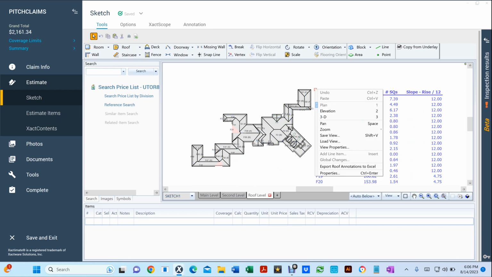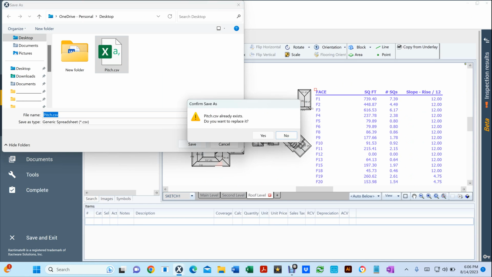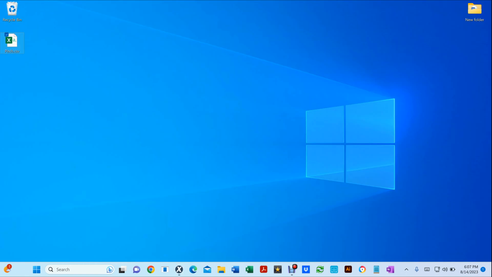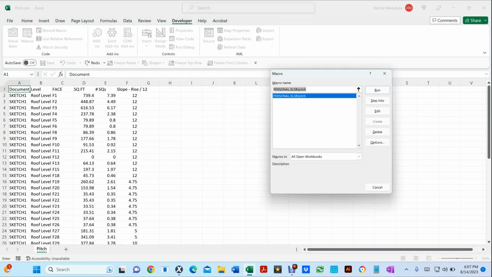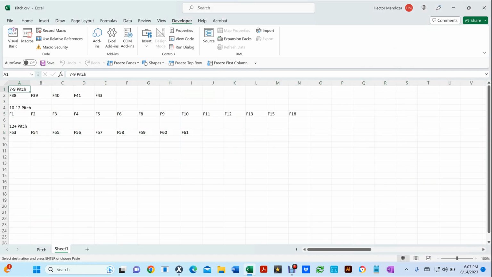I'm going to click here. I'm going to export roof to annotations. I'm just going to call it pitch, right? Now I'm going to go to my desktop. Okay, I'm going to open up that file. I'm just going to go to developer, macro, run. Now I just got to click from here